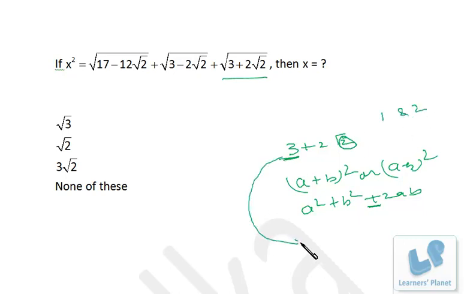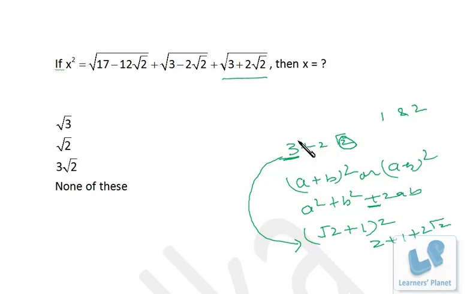Now what will be my next step? Just listen to me carefully. Root 2 plus 1 whole square. If it is plus over here, it should be plus over here. If it is minus, it should be minus, right? Product of the numbers is 2, 1 and 2. Sum of the numbers is 3, 1 plus 2, that's 3, right? Your job is done. Now if you open up root 2 plus 1 whole square, what will you get? 2 plus 1 plus 2 root 2, right? That is 3 plus 2 root 2, right? So that was very simple. That means 3 plus 2 root 2 can be written as root 2 plus 1 whole square.